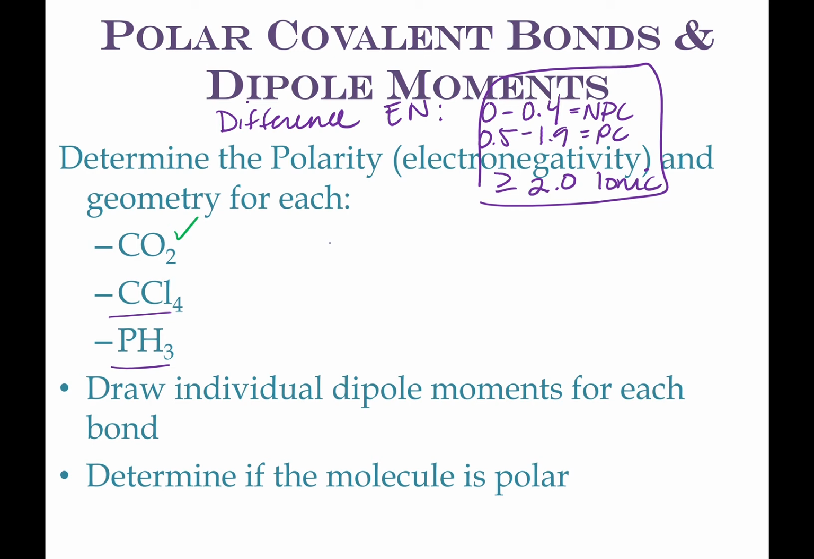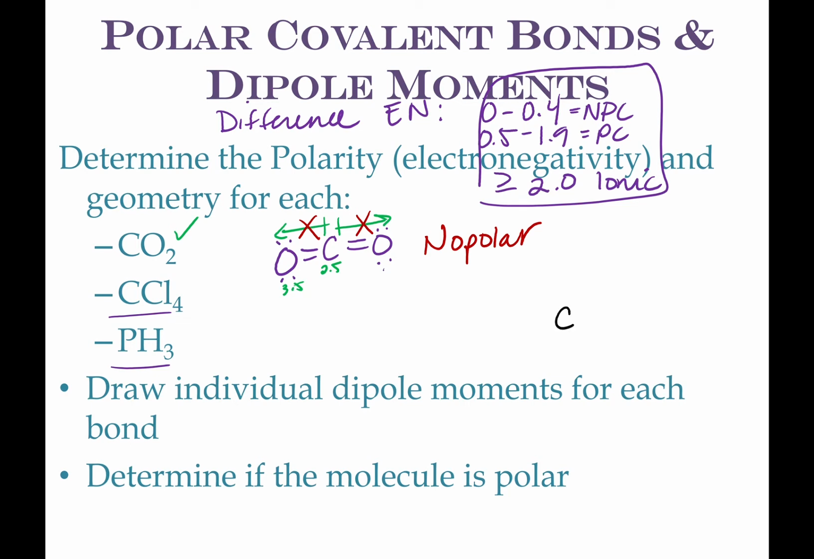So CO2 was actually just on the previous screen. Looks like this. The dipoles. This is 2.5, 3.5. Okay, so it's going to point this way and this way. They're exactly opposite, so they are going to cancel one another, and this would be nonpolar. All right, CCl4,